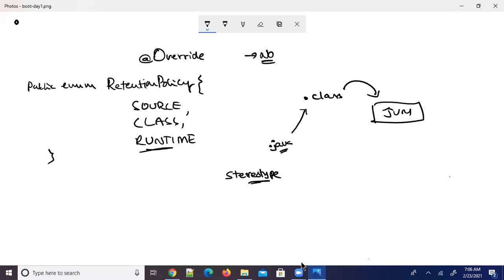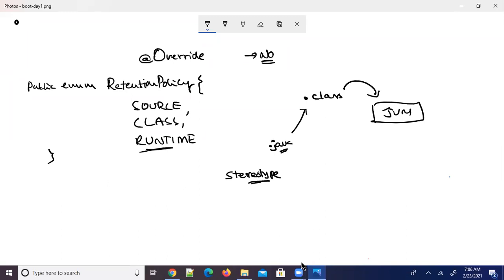Which means there is a use of this annotation in the JVM. The annotation should be visible in the JVM also, because in Spring applications, the component scan feature runs within the JVM at runtime, and during that component scan, Spring identifies the Spring components, the Spring beans, using stereotype annotations like service, controller, repository, component.